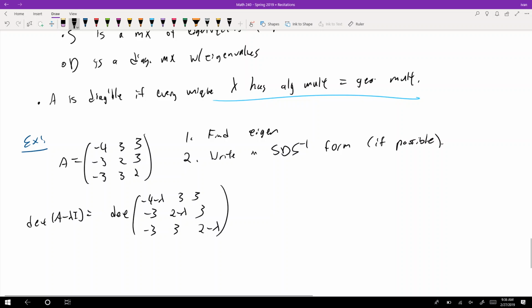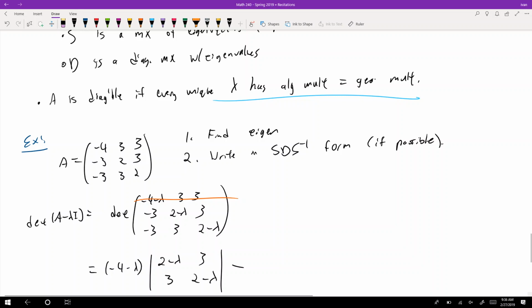All right, unfortunately, we can't just cofactor expand one value. We have to cofactor expand along an entire row or entire column. There's no good way to do this problem, so I'm just going to cofactor expand along the first row. Hope for the best. All right, so what is this? This is negative 4 minus lambda, times the determinant of 2 minus lambda, 3, 3, 2 minus lambda,